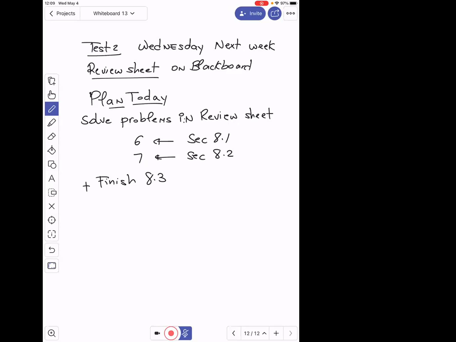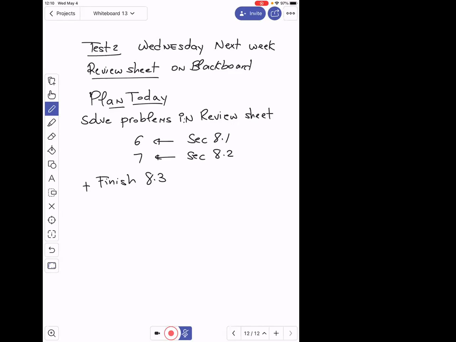As I said, the review sheet is on Blackboard, guys. So it would be a good idea if you try to solve the problems in the review sheet, and then next week when we have a review, you can prepare your questions. If you have any question about the review sheet or the homeworks, I can probably answer your questions next week during the review. All right, so yeah, so let's